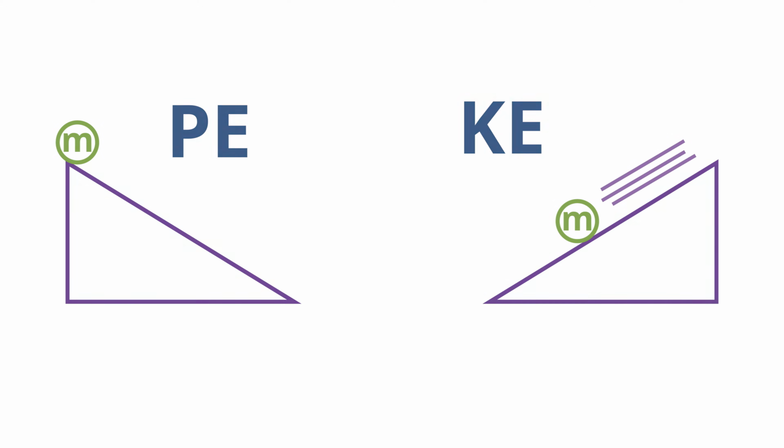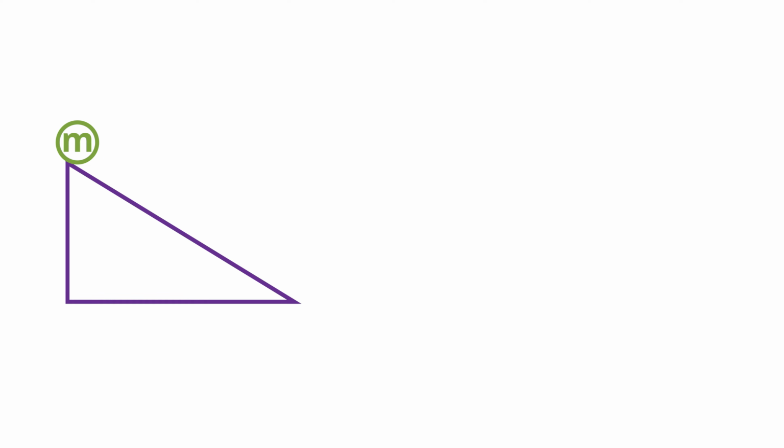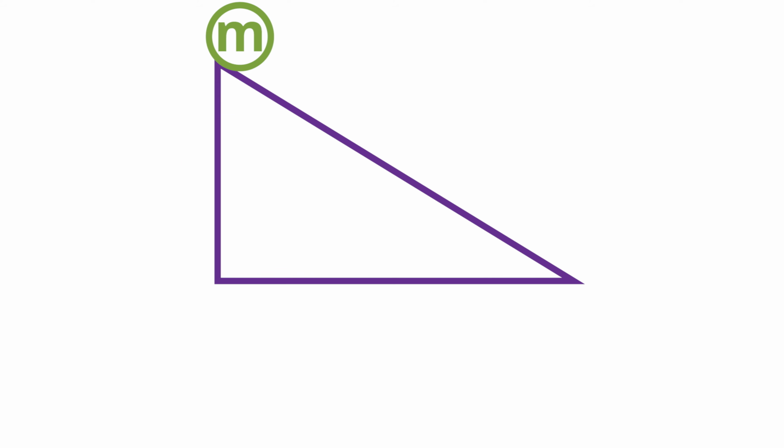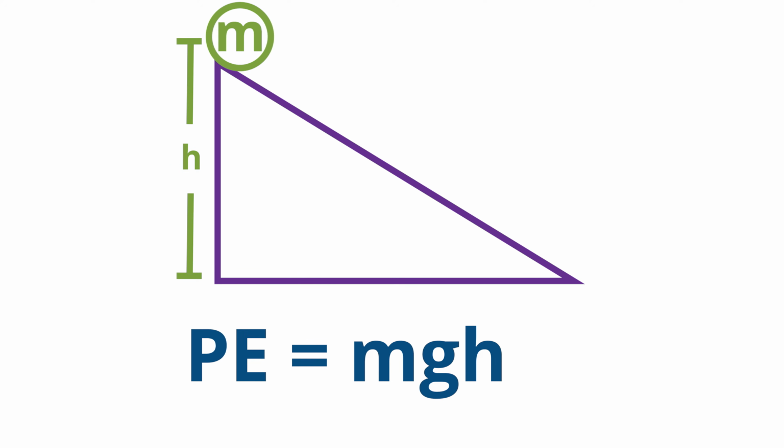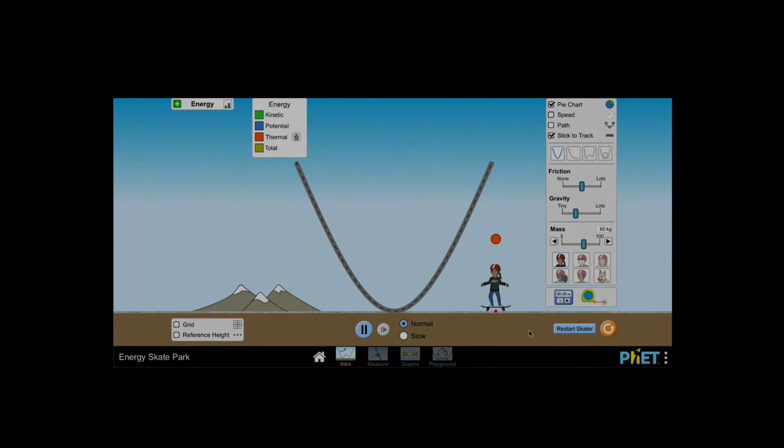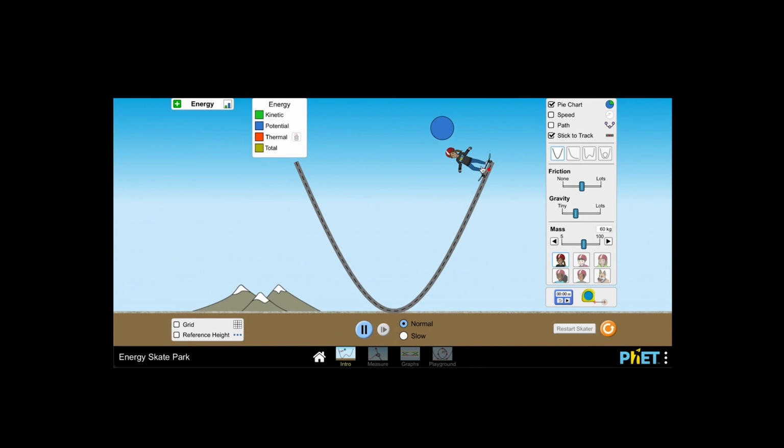In this lesson, we will be learning about mechanical energy. There are two different types of mechanical energy, potential and kinetic. Potential energy can also be thought of as stored energy that is not currently in use. Potential energy can be described with the equation: potential energy is equal to the mass of an object multiplied by the acceleration of gravity and the height of the object from the ground. If an object is at the top of a ramp, how can it go up the other side?